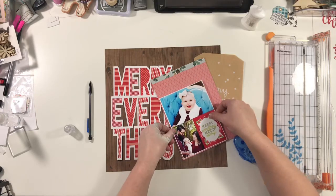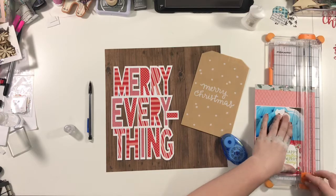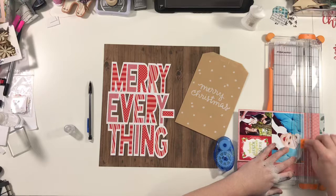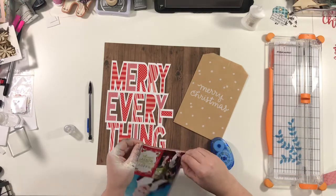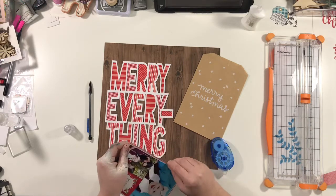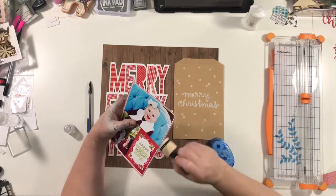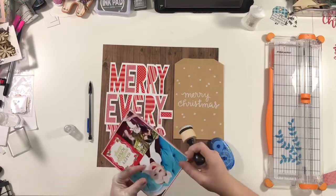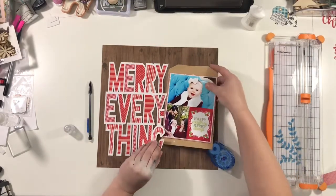So what this is, is our Christmas card from 2016. It was our first year with India. And I printed it as a 5x7. And then I'm going to use that bag just as a paper layer. And later I'll stick some paper in it, but there's not any big story about any of it. It's just our Christmas card, and it's just some cute photos, so it doesn't need a lot of journaling